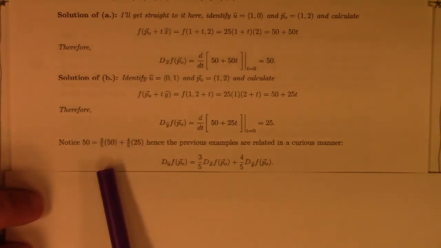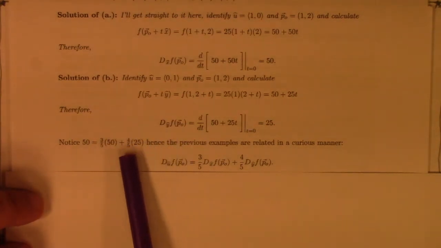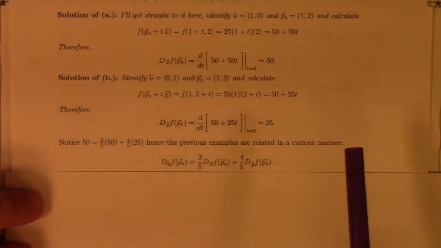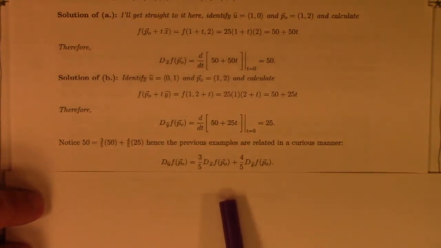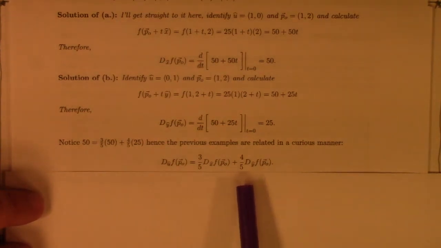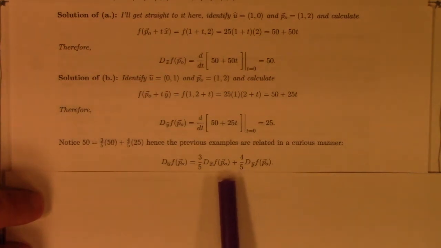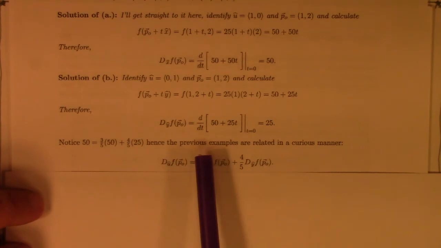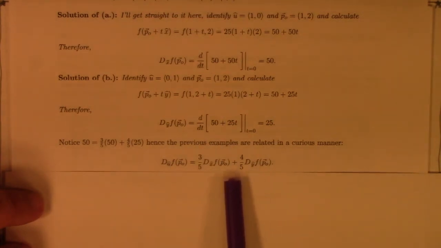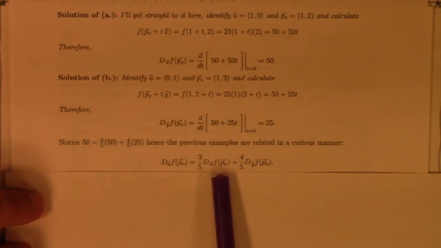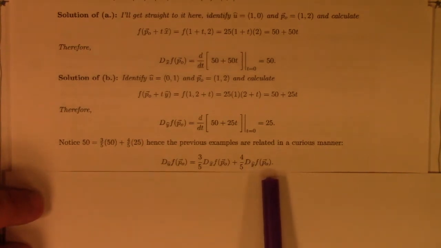Because that's 30 plus 20, which is what we had before. And so there's a relation, apparently, that the directional derivative in the u-hat direction is given by 3/5 times the partial derivative in the x hat direction, plus 4/5 times the derivative in the y hat